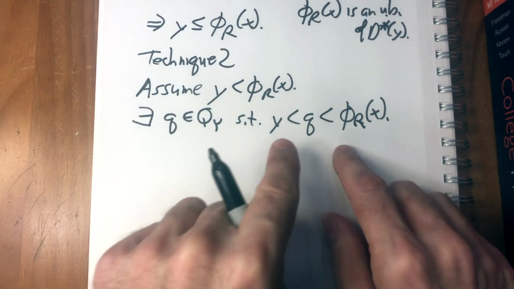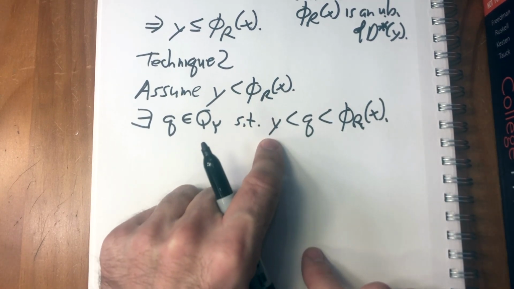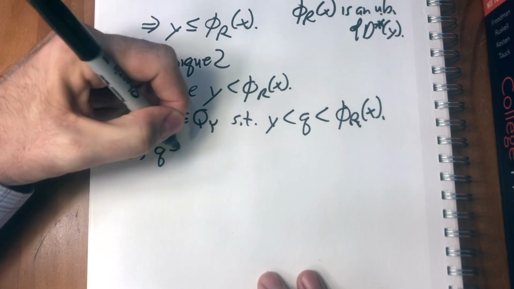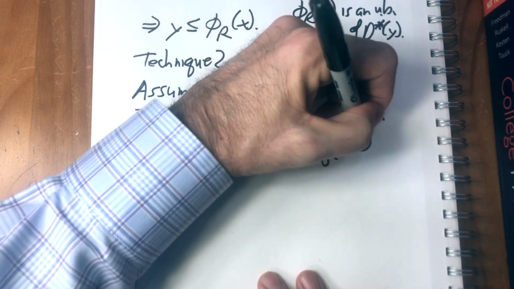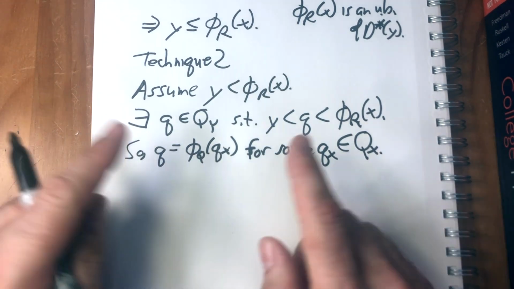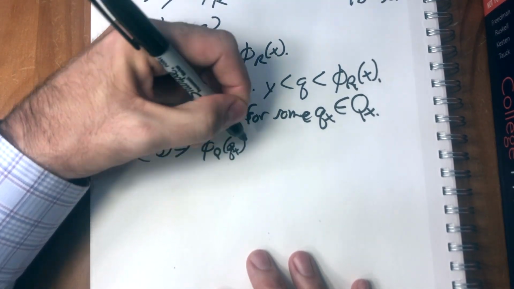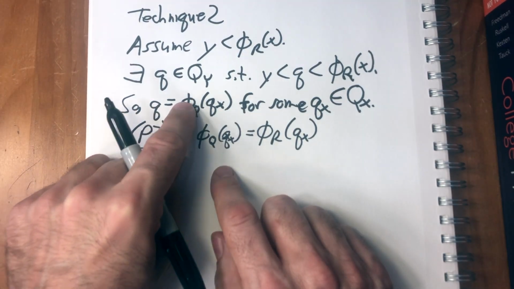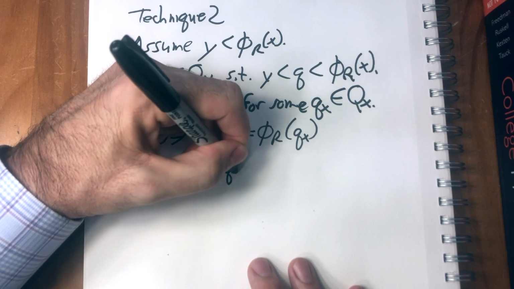So now what we're going to do is show that, in fact, q is an element of d star y, which means it has to be less than y, so our assumption must be wrong. Okay, so q equals phi q of qx for some qx in the rationals in x, because phi q is onto and q is rational, and therefore we know from P3 that phi q of qx equals phi r of qx, right? That means that q equals phi r of qx, so that means that phi r of qx is